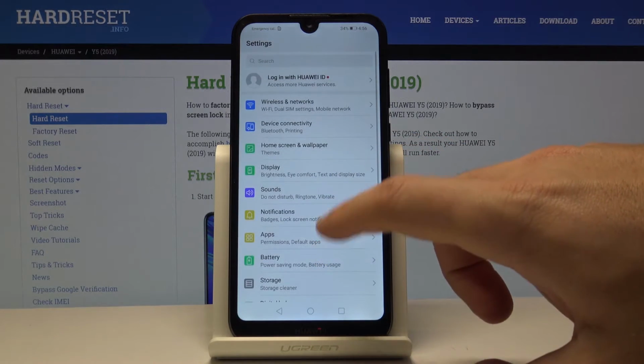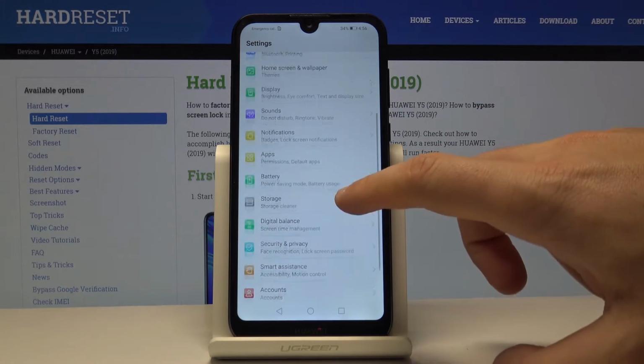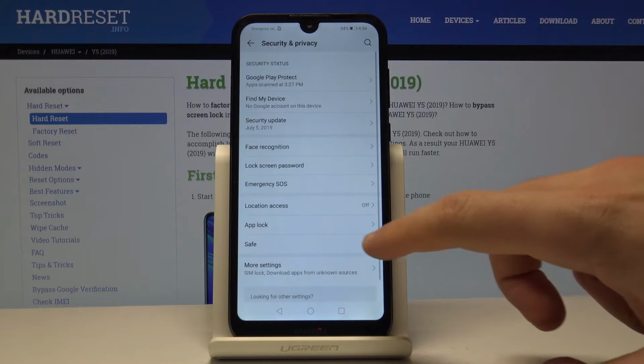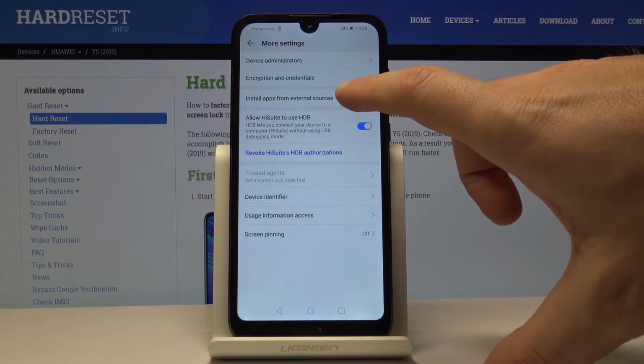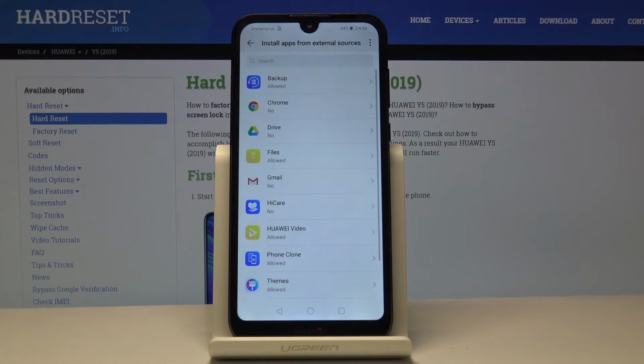Then from the following list, let's choose here the security and privacy right here. Choose here more settings and select install apps from external sources. So if you would like to allow installation of apps from other sources than Google Play Store, here you can allow,